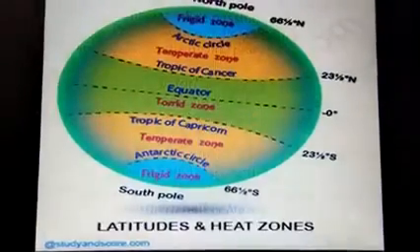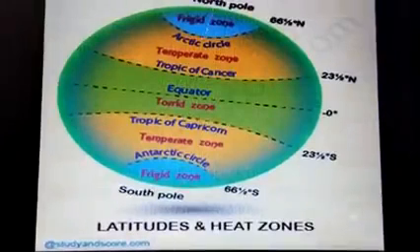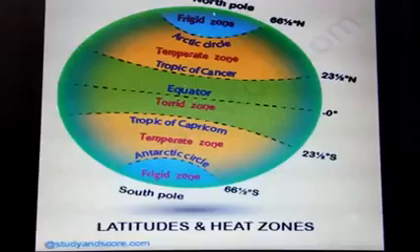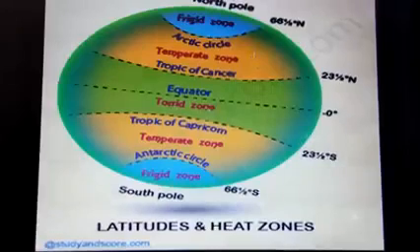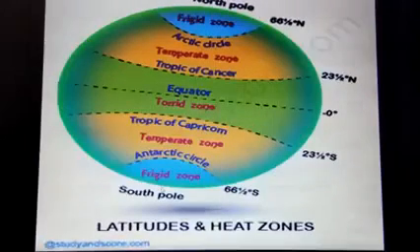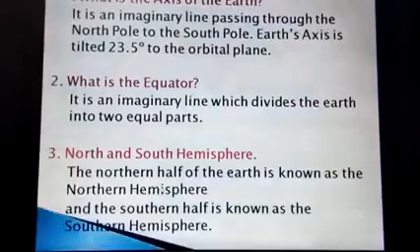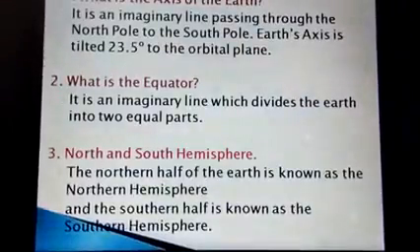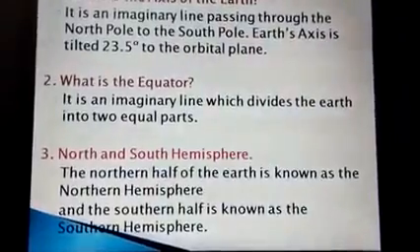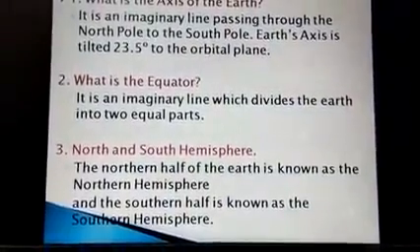See, here we have the North Pole, here we have the South Pole. If we draw a line from the North Pole to the South Pole, we'll find that this globe, this model, is not straight. It is a little bit tilted, at 23.5 degrees. So this 23.5 degree tilted line from North to South Pole is known as axis. On this axis, the earth is rotating. Similarly, we draw the globe on which the globe is rotating.